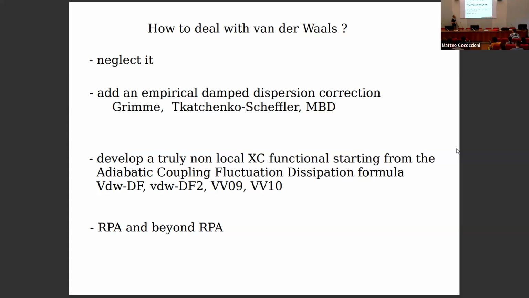So there have been different methods, some empirical ones, so Grimme, very popular, D2, D3, are methods that add basically an empirical damped dispersion correction. Tkatchenko-Scheffler is similar; they claim to be more ab initio, but still they add an extra term. They have a functional which does not describe van der Waals, and they add extra terms that contain the van der Waals interaction. But in principle, they are not very consistent because van der Waals is a correlation effect, so it should be in the exchange-correlation functional. And so